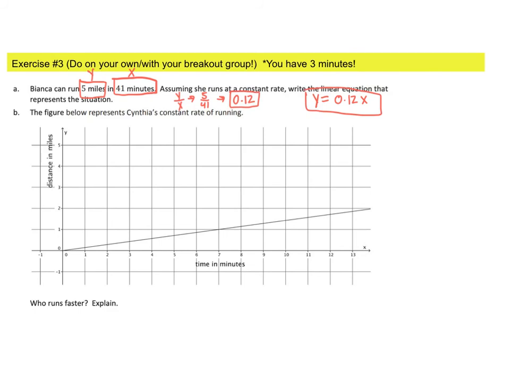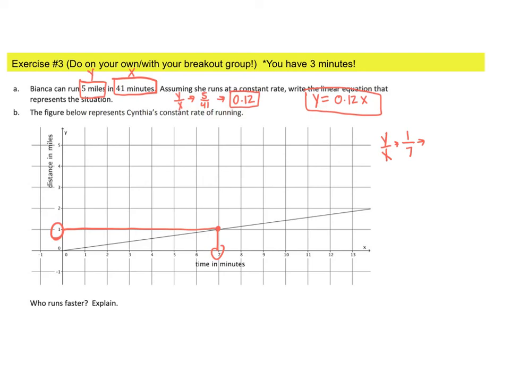Okay? The one below is a graph. I'm looking for a point. I see one point right here. And this point matches up with these two values. I have 1 for my y, 7 for my x. So 1 over 7. If I do this out in my calculator, 1 divided by 7,